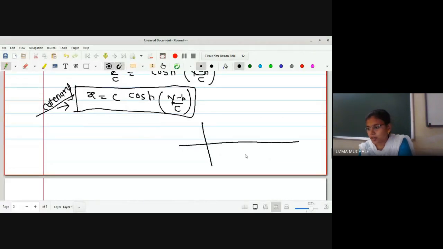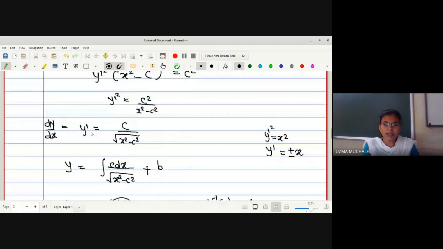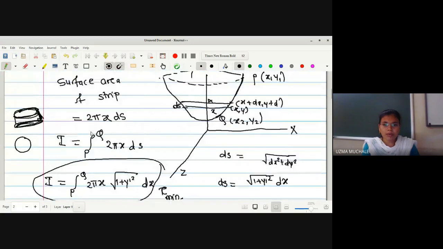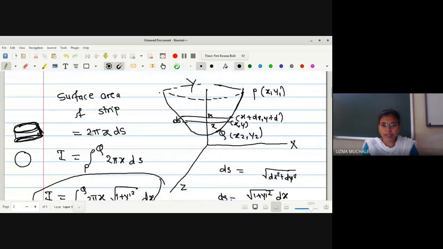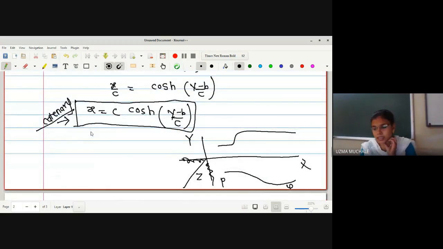It is the y-axis, but now in this case we'll have another one. Say here the curve is given, say p to q, and now the surface of revolution is about the x-axis. So here is the x-axis, here is y. Suppose here is a z-axis. Okay. Now you have to solve this example. Whatever example we have solved with the help of revolution about the y-axis, now you have to solve the example for homework, revolution about the x-axis. You have to tell me what equation you have obtained.